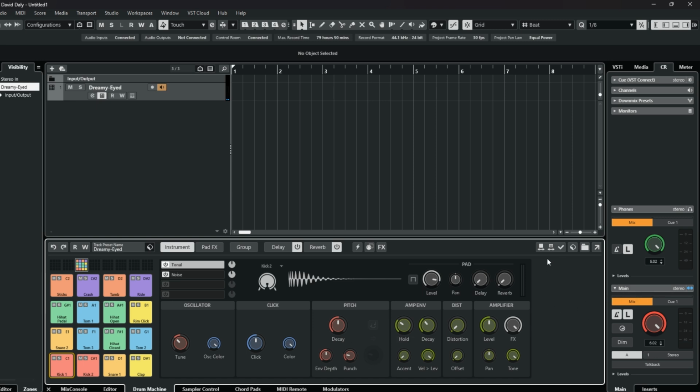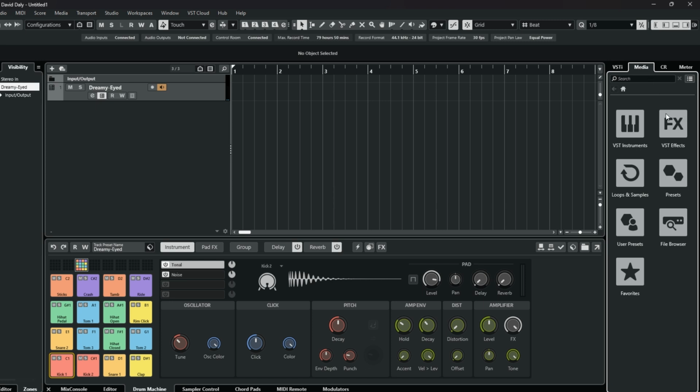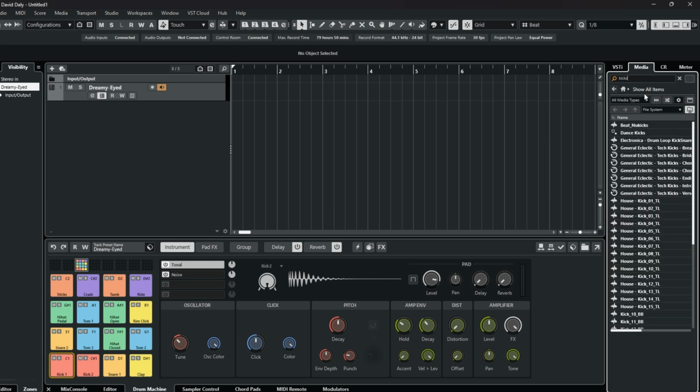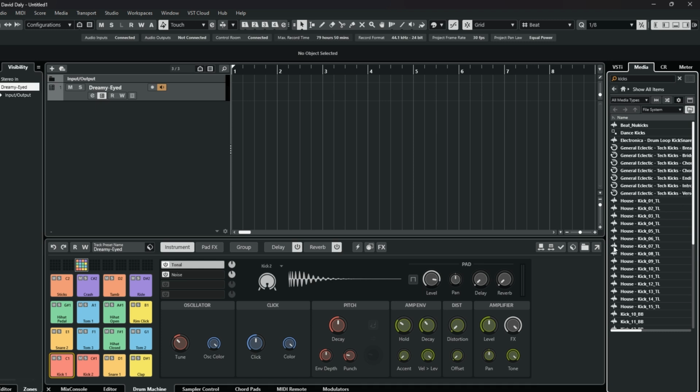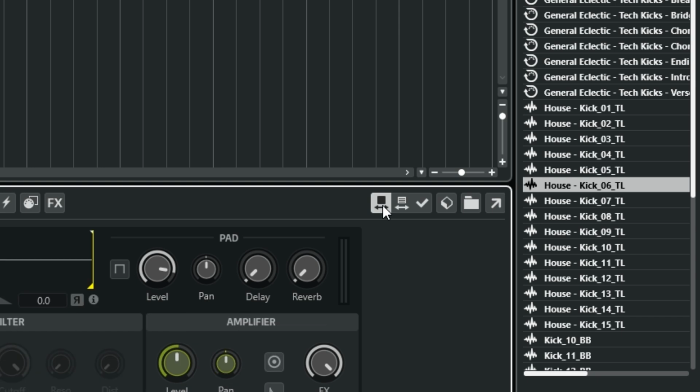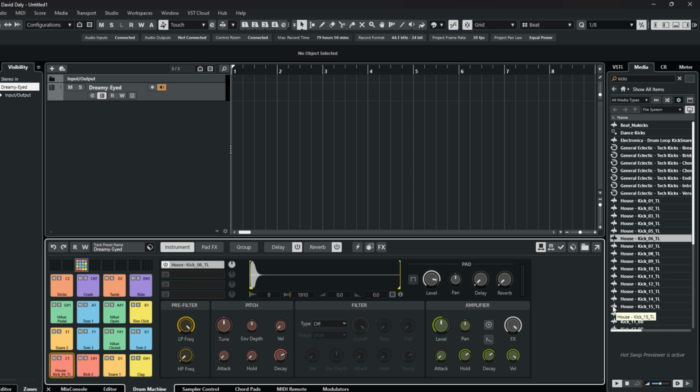what I want to do is, if I go up to the MediaBay, I'm just going to type in kicks, and it'll give me a selection of kicks. If I want to play the kick sample while my drum beat is going, what I need to do is go up here and click on the hot swap preview pad, and once you have this connected or clicked on, whatever kick I hit or choose here, it will automatically play in our pattern. So if I press play,